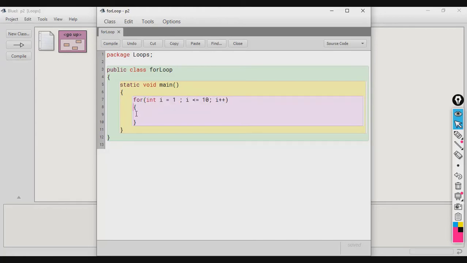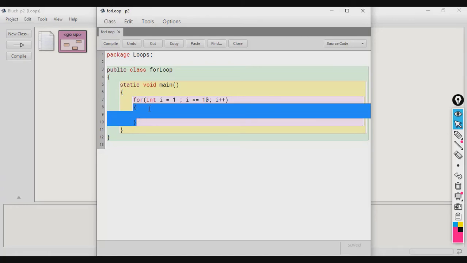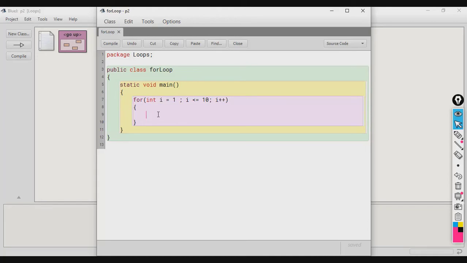Now this part is known as the loop body. So let's write a single println statement here, which will just print Java, and let's see what it does.